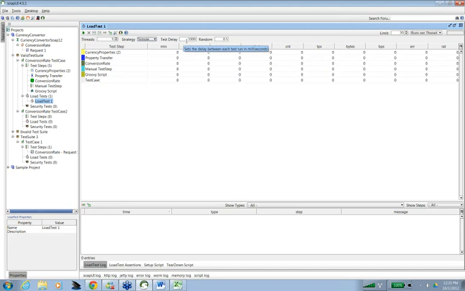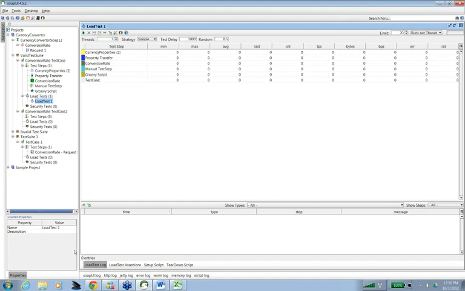Random means, let's say that random is 0.5. That means whenever you are sending requests, 50% of the requests will be sent in a particular way, and then 50% would be sent in a different way. So random is 0.5, meaning half of it, 50%.